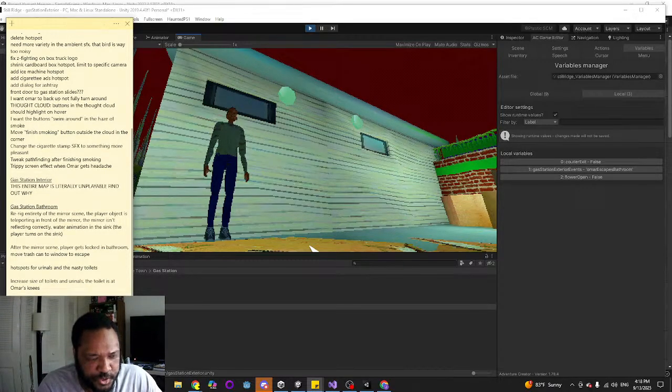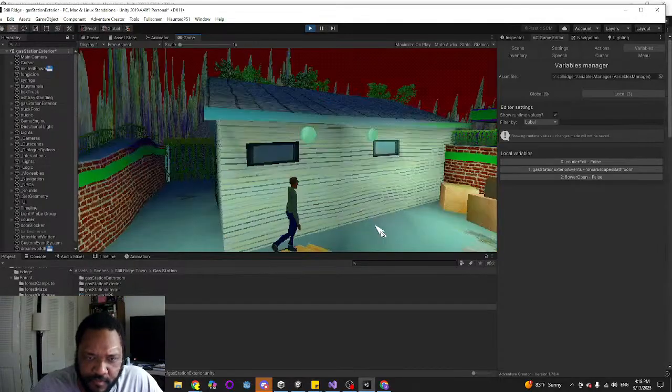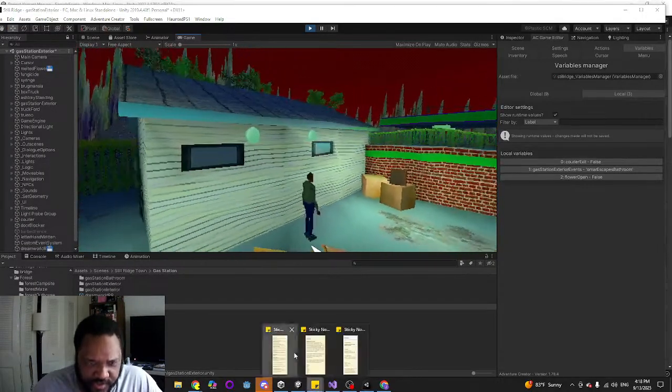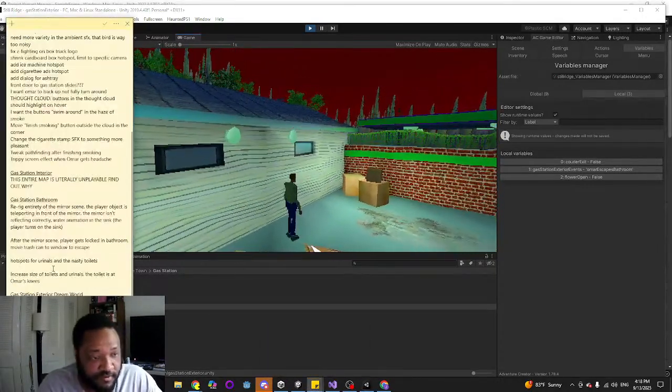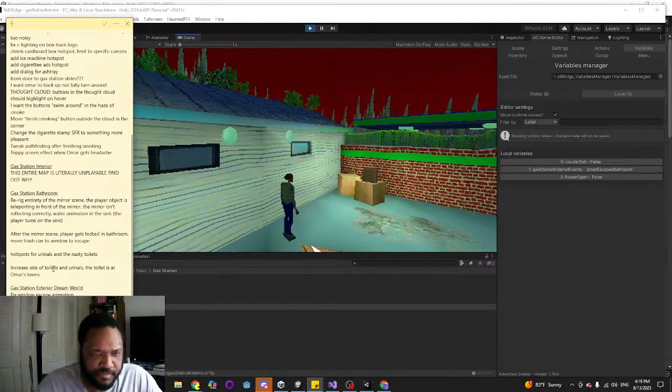Turn off the truck SFX because I can still hear the truck in the background. Oh yeah, fix texture seam in the building siding.